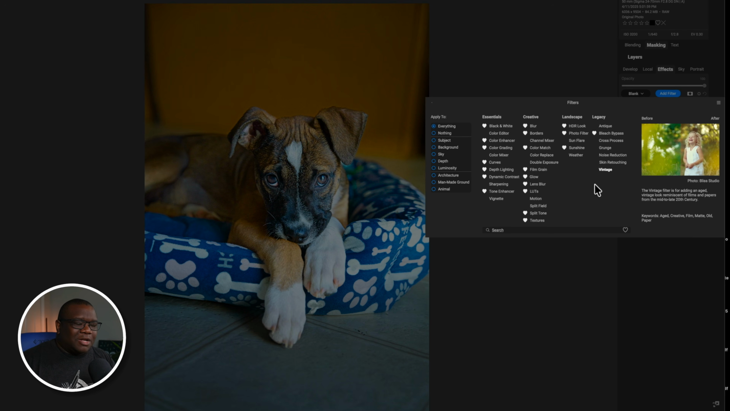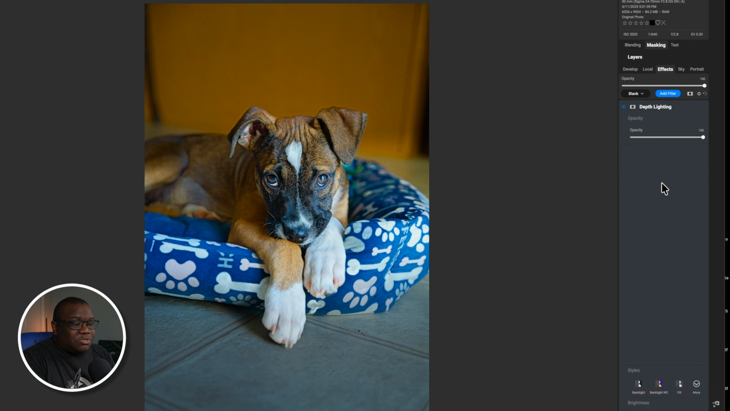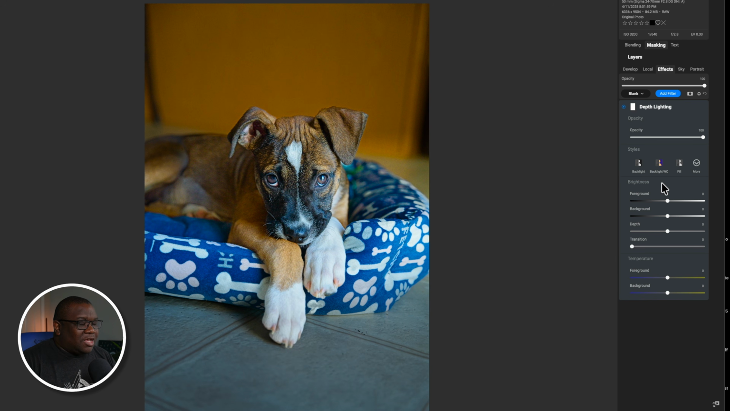And the first thing that I'm going to add in is a, you know what? I didn't do this on the initial one, so I'm going to try it here. I'm going to add in a depth lighting. And this is a filter that's new to ON1 Photo RAW 2026. And so I think this could be helpful. What I'm going to do is decrease the background by pulling this down. You can see where that's working. Then I'm going to increase the foreground